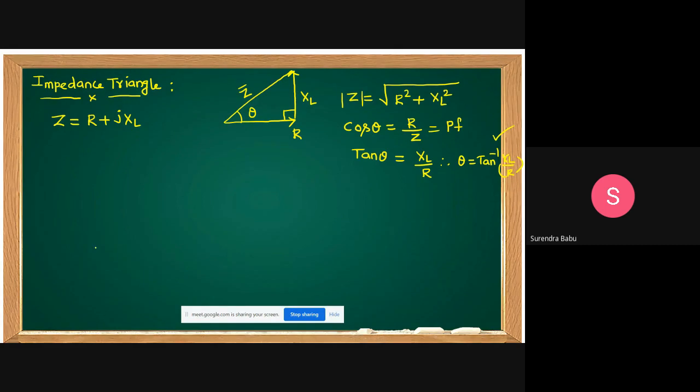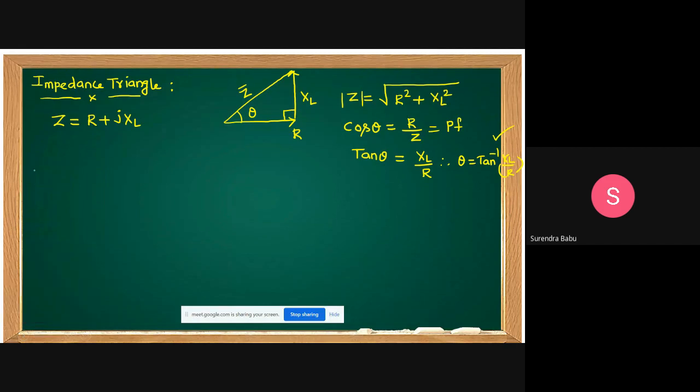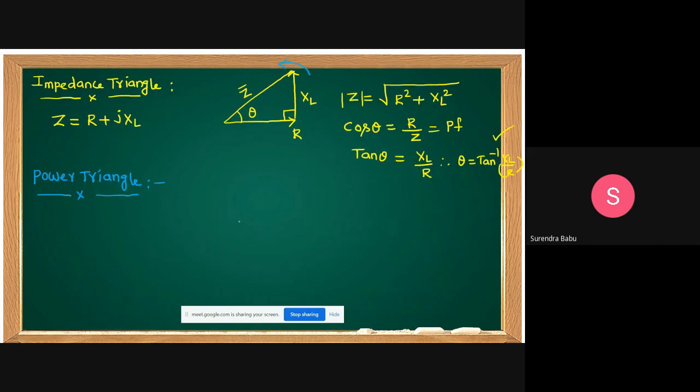Now I want the power triangle for power calculations. Here I am drawing the power triangle. Come on, students, all of you concentrate on how to draw the power triangle. All these observations are important when solving problems. But point to remember: the vector rotation is always in the anti-clockwise direction. With that only we can tell how much angle it is lagging and how much angle it is leading.